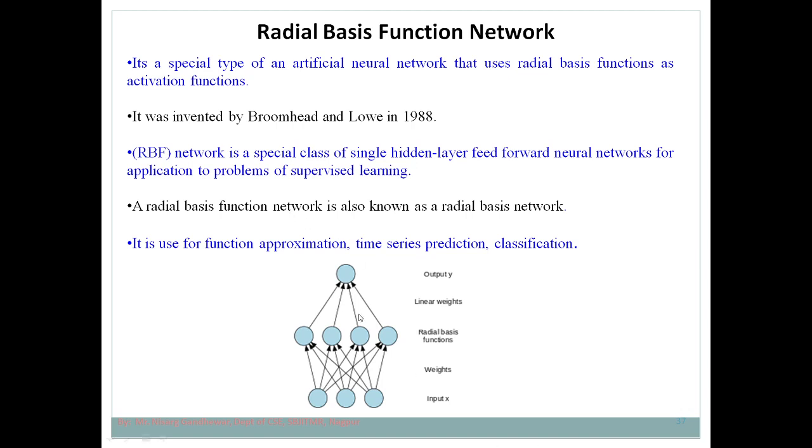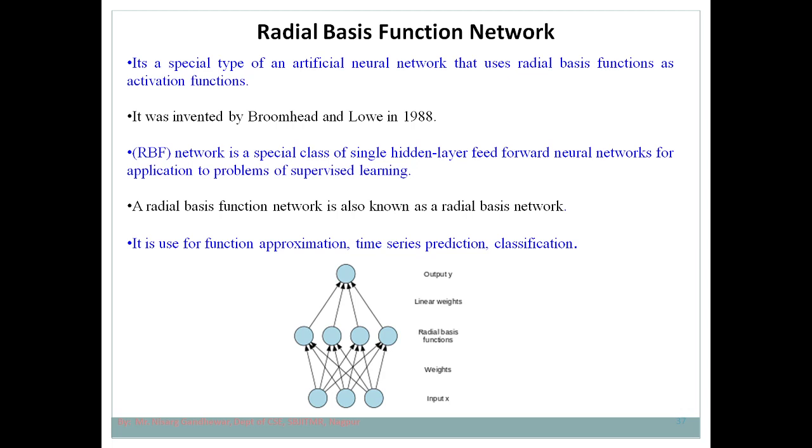So we can say that a radial basis network is that ANN which consists of an input layer, an output layer, and at least one hidden layer. This is the specialty of a radial basis network. It consists of one input layer, one output layer, and one hidden layer, just like your multi-layer perceptron. We have seen that in a single layer perceptron there is only an input layer and an output layer, but no hidden layer. But in the case of a radial basis network, we require at least one hidden layer, and this hidden layer helps us to map non-linearly separable data to separable data.